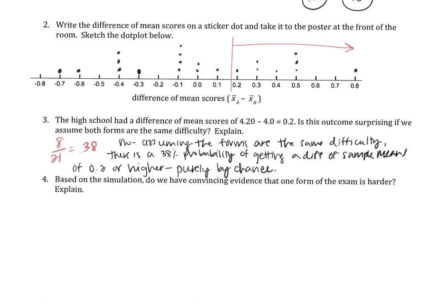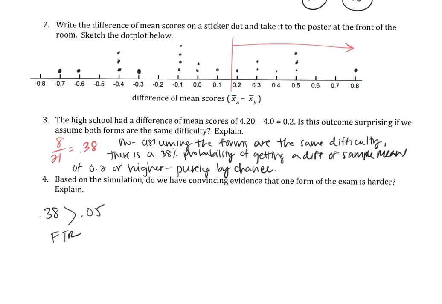Because remember, this is something that was simulated, and we still got quite a few scores of 0.2 or higher mean difference. So down here it says, based on the simulation, do we have convincing evidence that one form of the exam is harder than the other? Well, if we compare 0.38 to a standard alpha value of 0.05, this is greater, so we would fail to